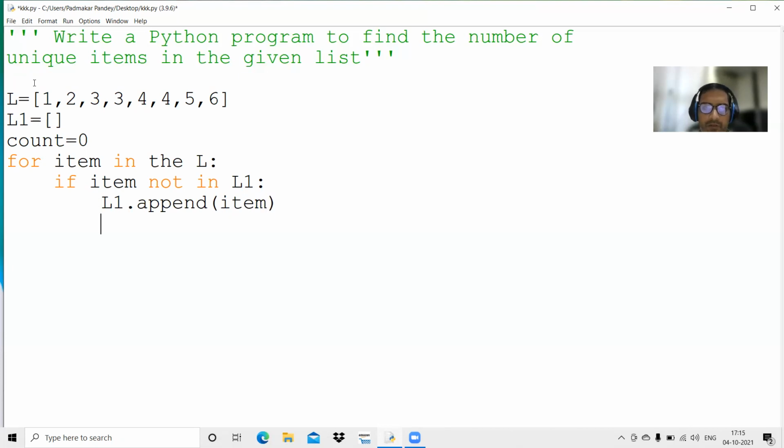Now we have to increase the counter by 1. Alternatively, we can find the length of list L1 at the end. That can also be done, that is another method. So now we have a list L1 that is made from list L, and L1 contains only unique elements of list L. Now print